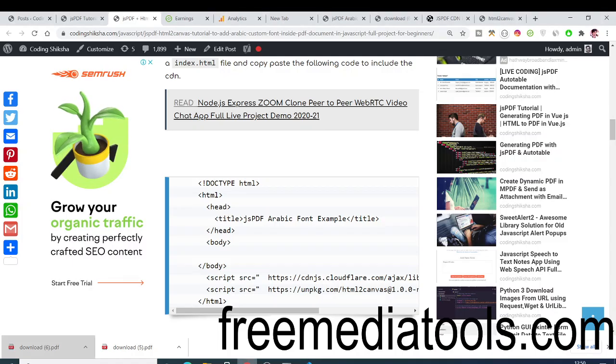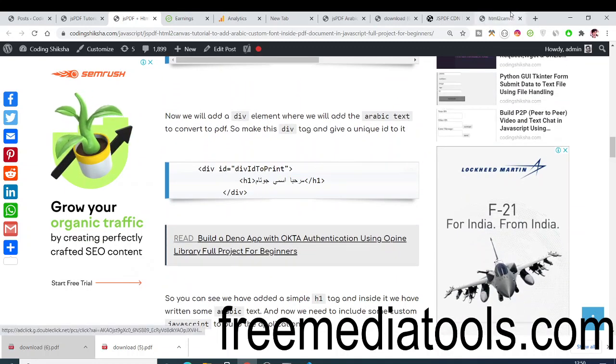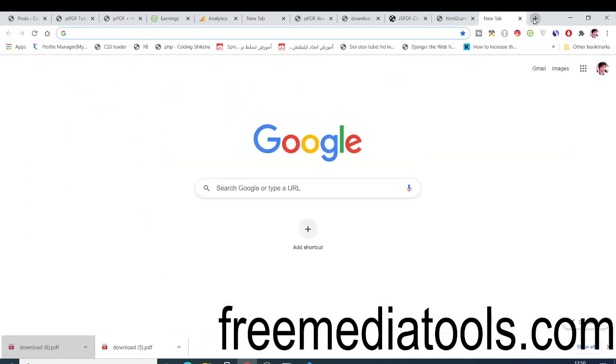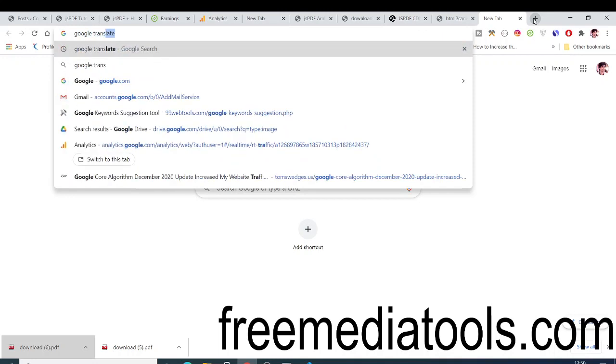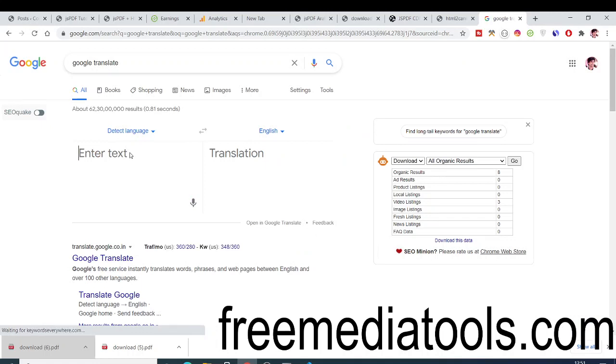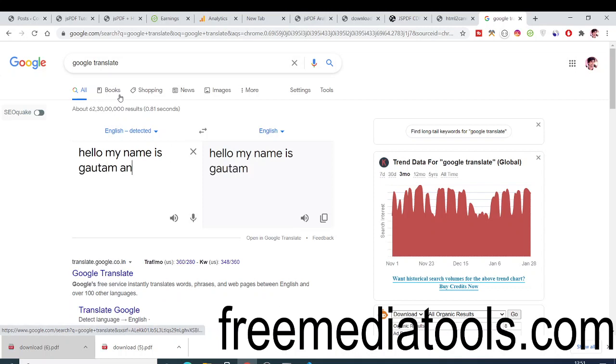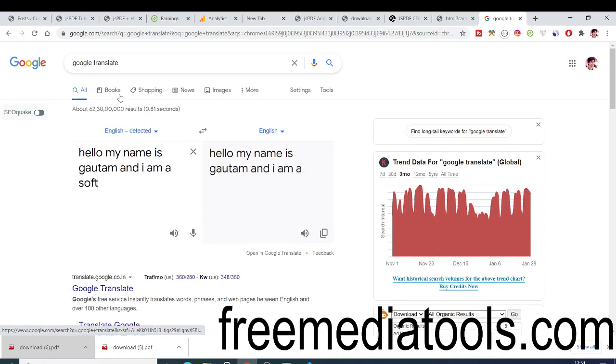And now guys, we just need to write some Arabic text that you want to print out. Let's suppose, if you don't know Arabic, you can just go to Google Translate. Let's suppose I write, hello, my name is Gautam and I am a software developer.